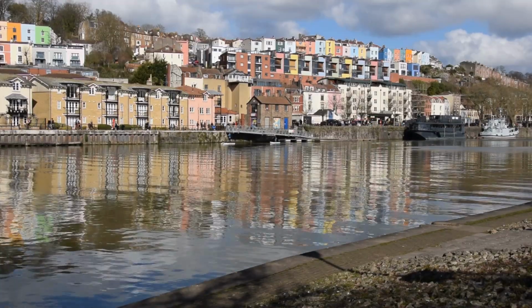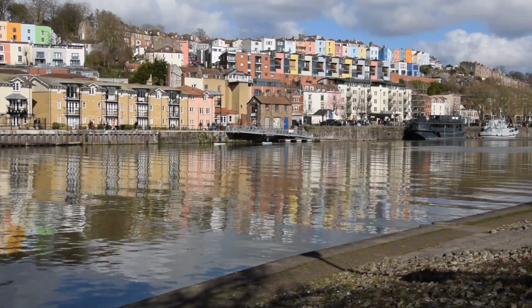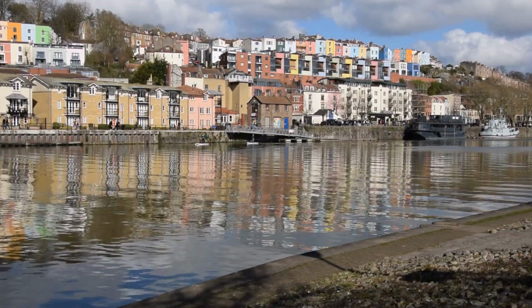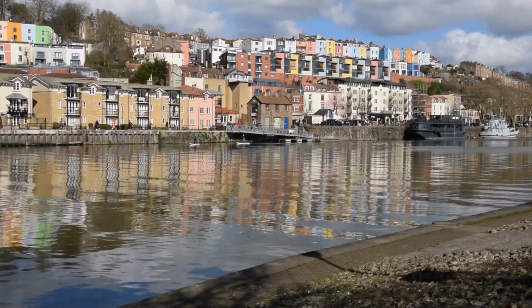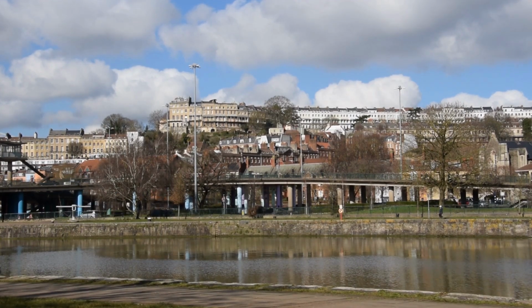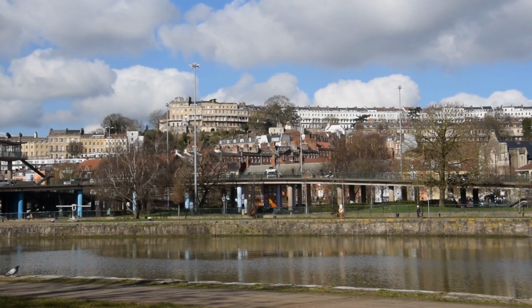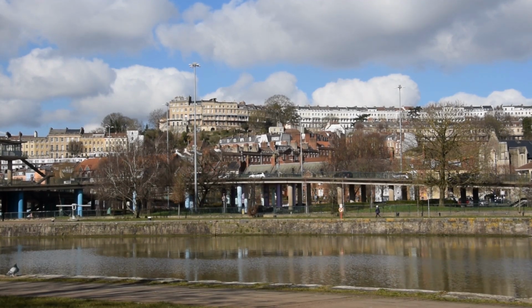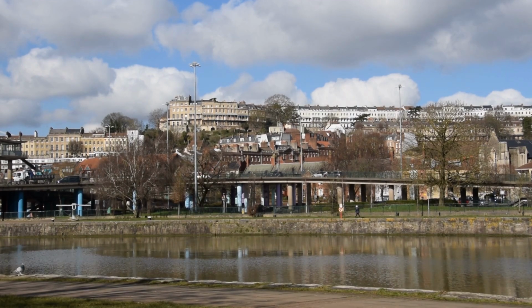For most of the medieval period it was the second biggest port in the country after London, and even as late as the 18th century it was the third biggest English city in terms of tax receipts. This status had created a lot of wealth, much of which went into building a fine Georgian cityscape, like Clifton up here. It should always be noted that much of this wealth came from the triangular trade, or less euphemistically,